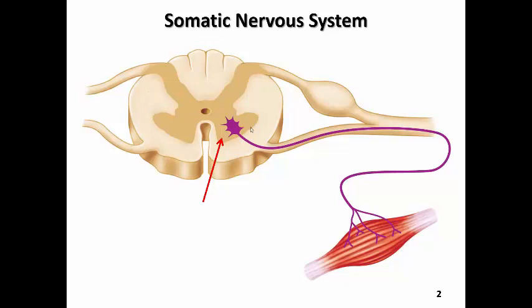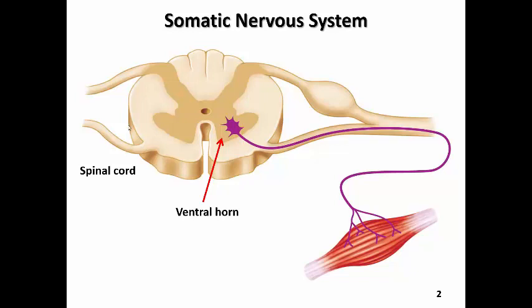So what we're looking at here in this drawing is the cross-section of a spinal cord, and we have two separate nerve roots that are part of that central nervous system, and we have this very long axon that terminates into voluntary skeletal muscle. So we have different parts of the spinal cord that we reviewed before, but it's worth